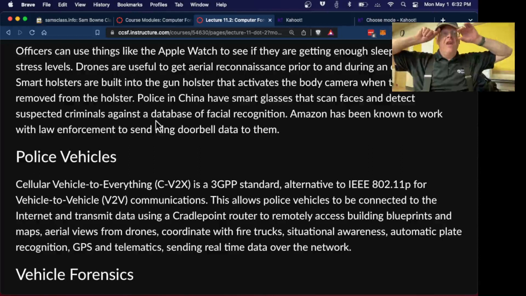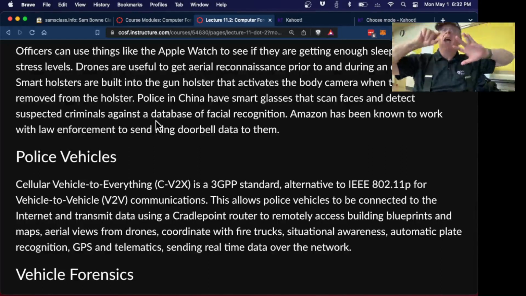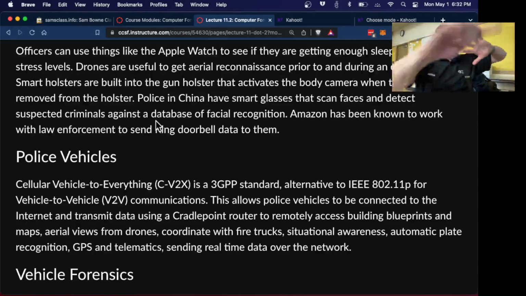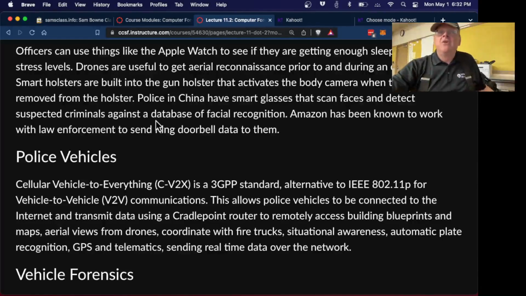You had a glass with a camera. You could videotape anything at any time, and it was supposed to do face recognition so you could tell if the person you're talking to is rich or if they're a criminal or something. I don't know if they ever got that feature fully up, but they advertised that that was where it could go, and they say in China they've got that going.